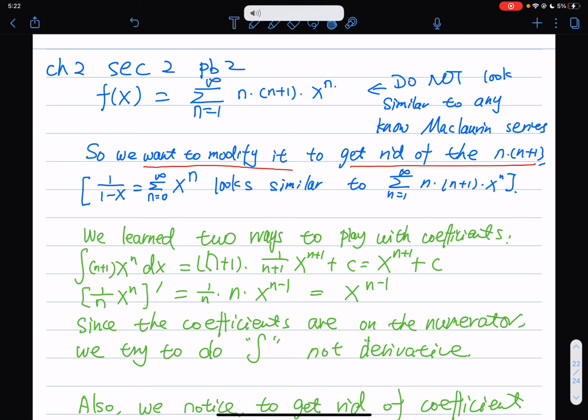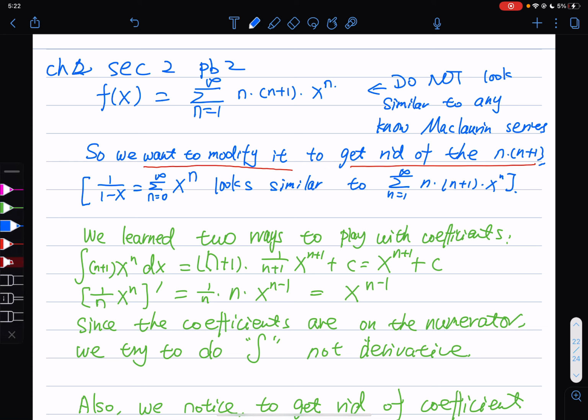We want to discuss the problem in homework in chapter 4, section 2, problem number 2. So feel free to pause the video in the middle because it's a problem that's relatively long. The question was, given f of x, which looks like that, they want you to find out which function